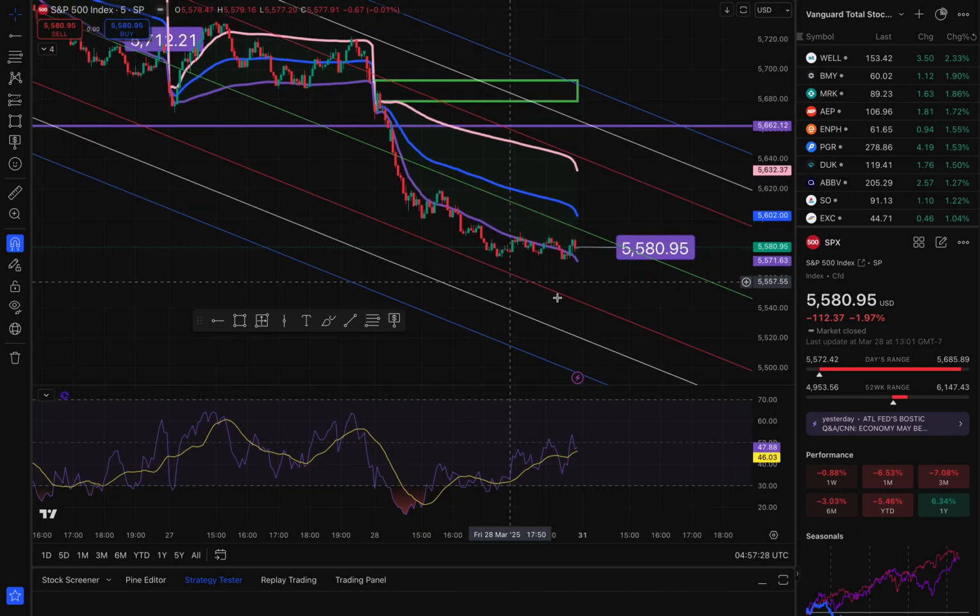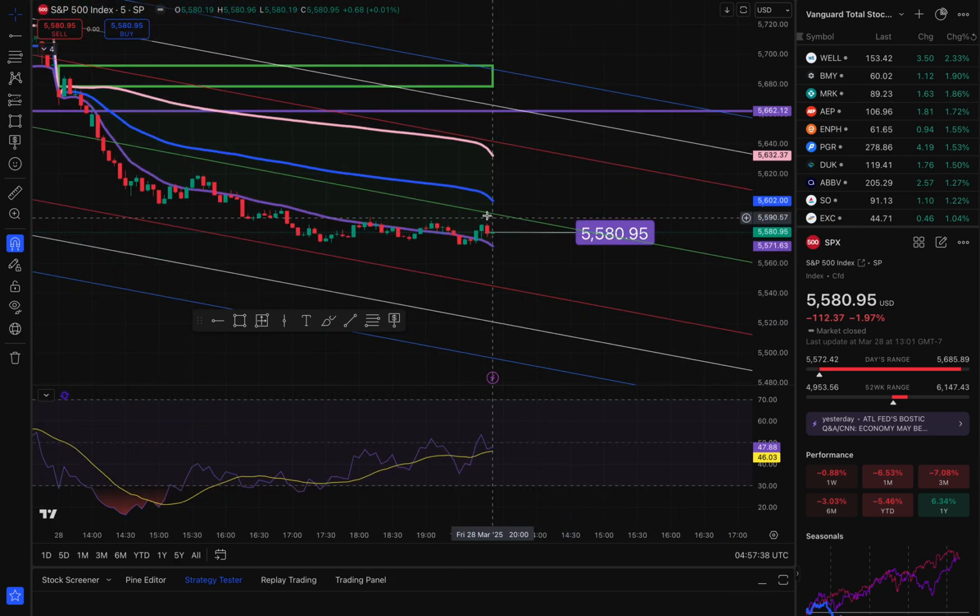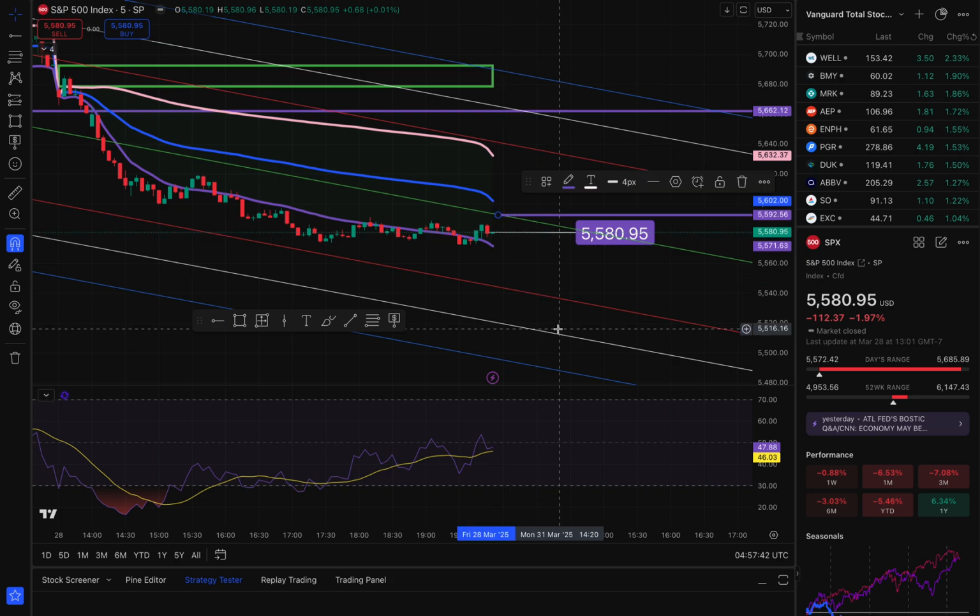It's been a while since I've done this one as well. So we ended the week at $5,580.95, down 1.97%. First, your price targets for Monday. Middle of the trend, the baseline, takes us to 5592.56. So this will also be resistance, and we could go sideways or we continue to slowly grind down along